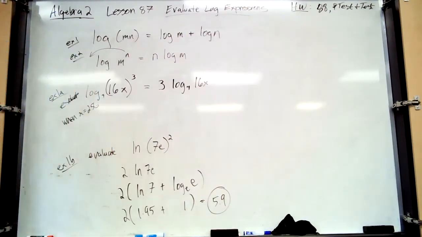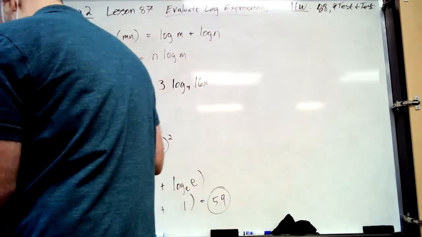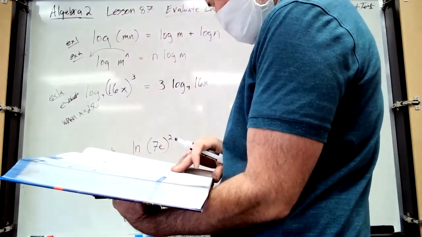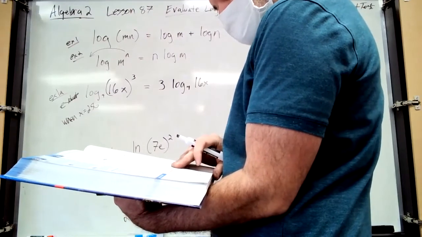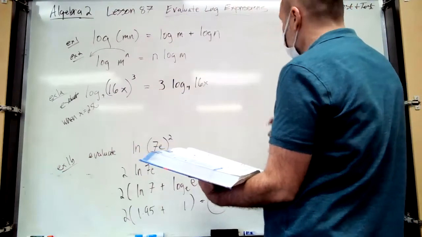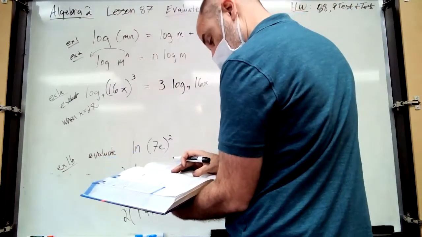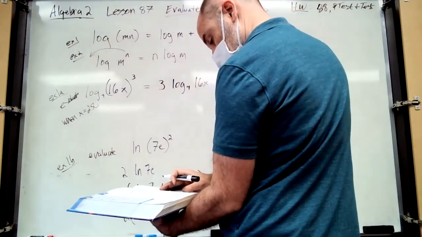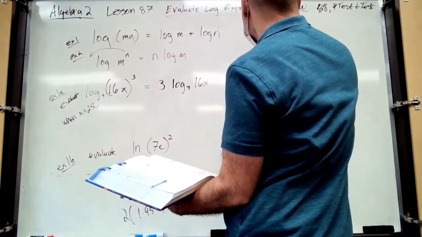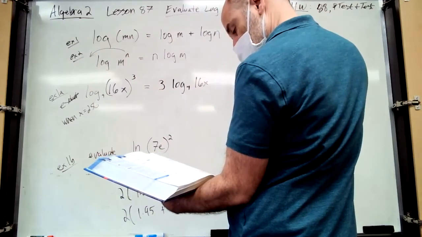Now, we talked about this a little bit ago, but change of base. So sometimes when evaluating or solving logarithmic equations, the change of base formula is utilized. So here's the change of base formula. If I can read that. Log base b of x equals,